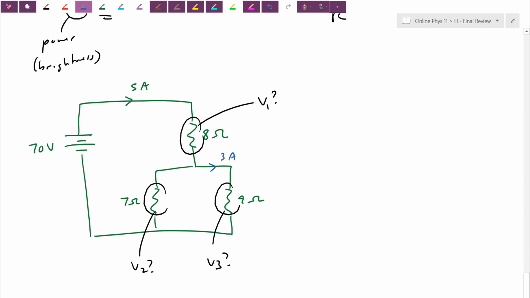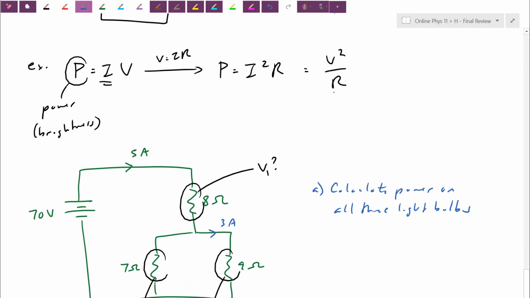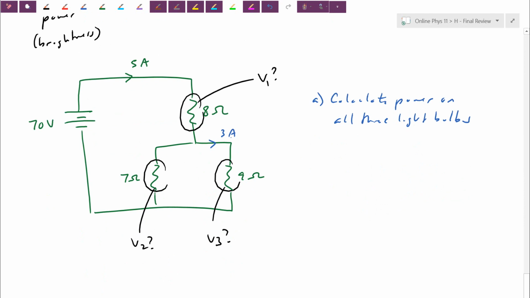I want you to calculate the power on all 3 light bulbs. Because I have a bunch of voltages and resistances, I might consider doing V squared over R. Or if you know the I, you can just go I times V. It should give you the same number anyways. So you're going to have P1, the brightness of the first bulb, P2, P3, the brightness of each of those bulbs there. And then I'm going to say, what if, in part B,